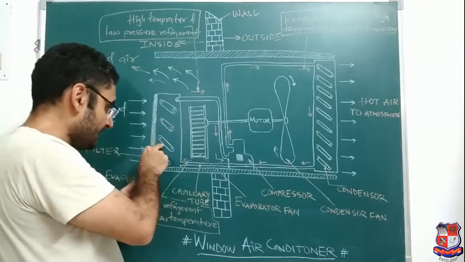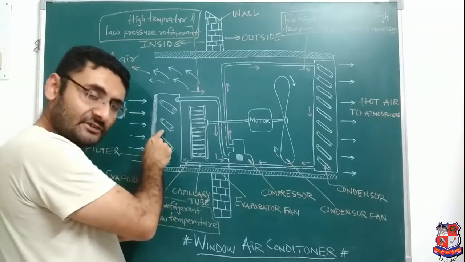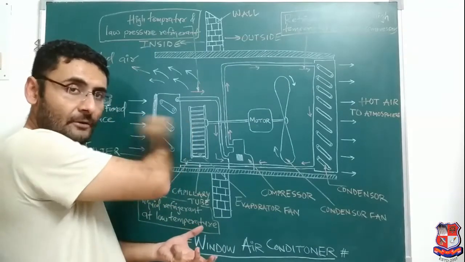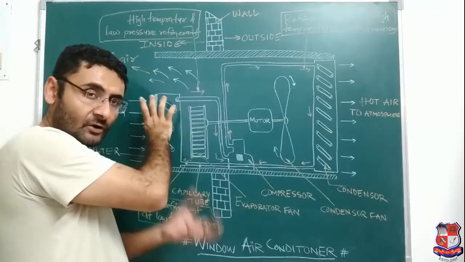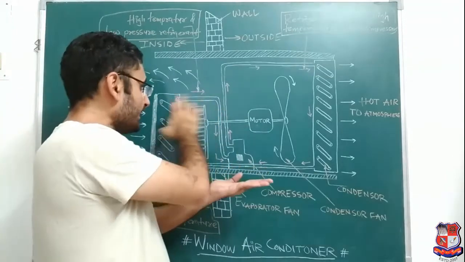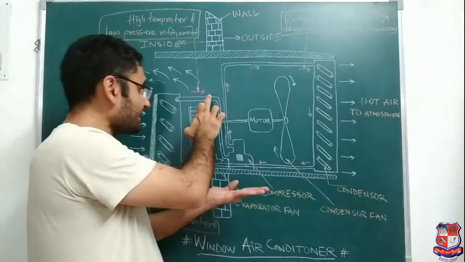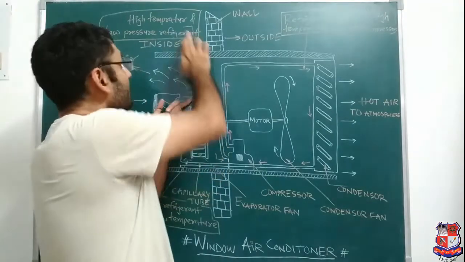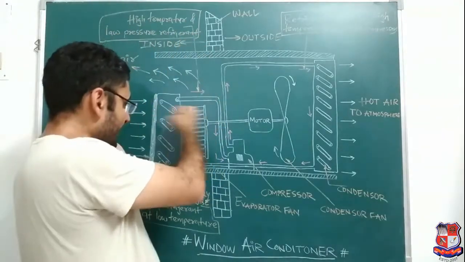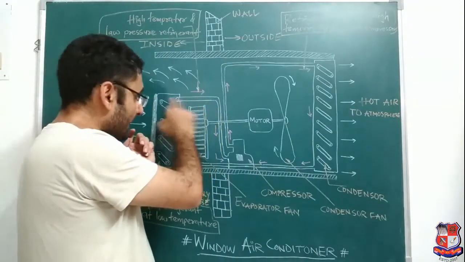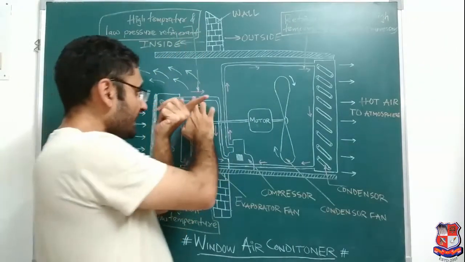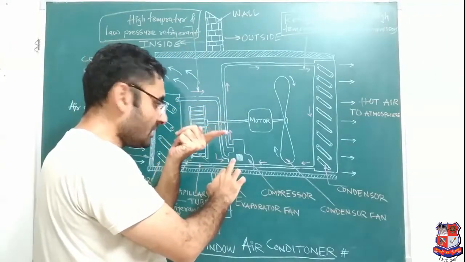After that, over here inside the evaporator, cold refrigerant is present. Refrigerant is present at a lower temperature, but when it absorbs the heat from the room, the refrigerant inside the evaporator will increase its temperature. Now that is the outlet of hot refrigerant, you can say like that. So over here I wrote high temperature and low pressure of refrigerant. As the evaporator has absorbed the heat, at the outlet of the evaporator you will get high temperature refrigerant. After that, that high temperature refrigerant will enter into a compressor.